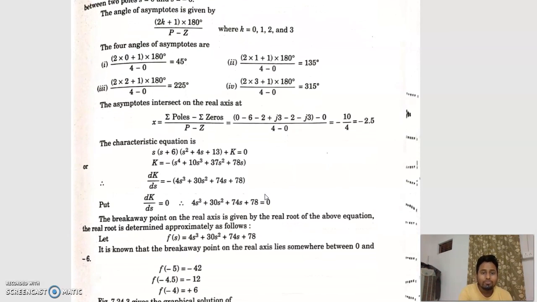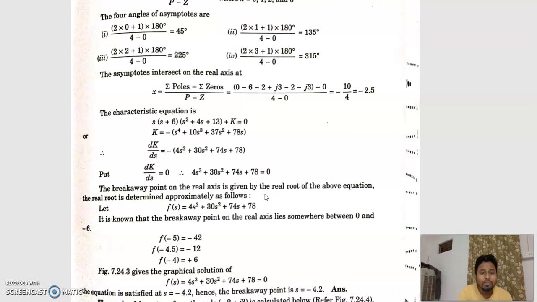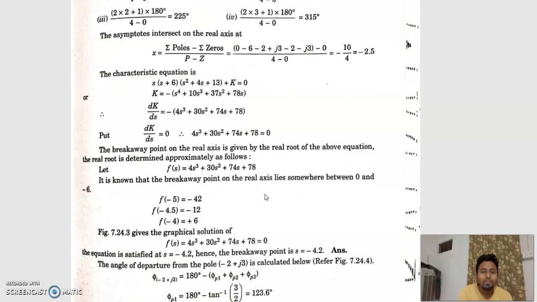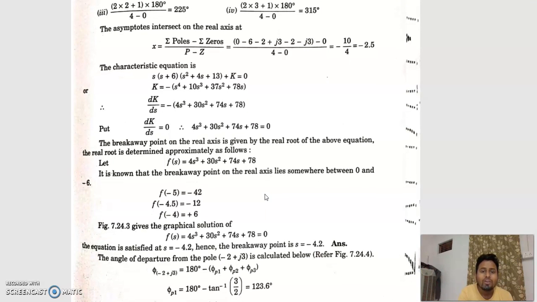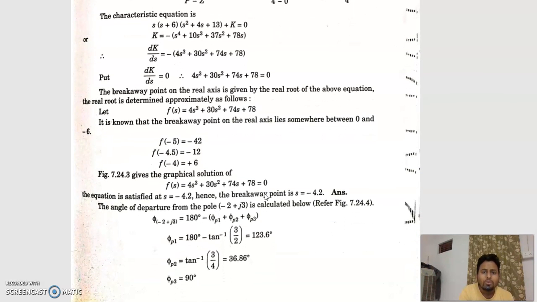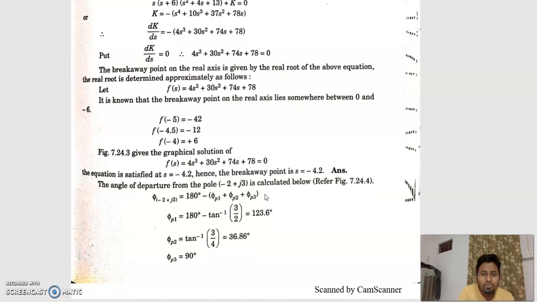Now we have to compute the breakaway point. It can be obtained from the characteristic equation, that is 1 plus GH(s) equal to 0. Solving for K and differentiating with respect to s, we put dK upon ds equal to 0. In this equation we find a third order equation, so we have to solve it using the hit and trial method or a scientific calculator. One value is s equal to minus 4.2,